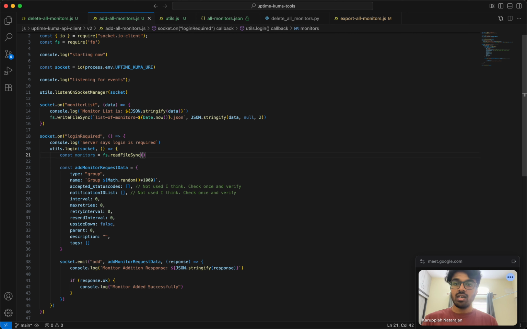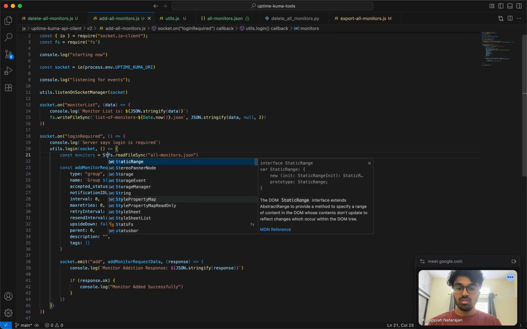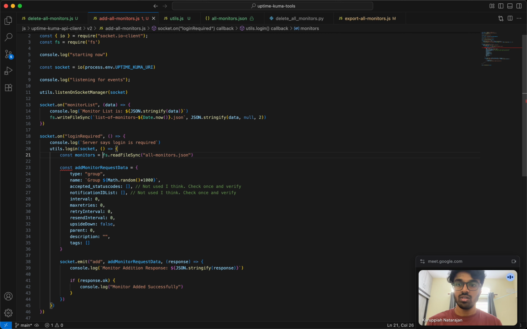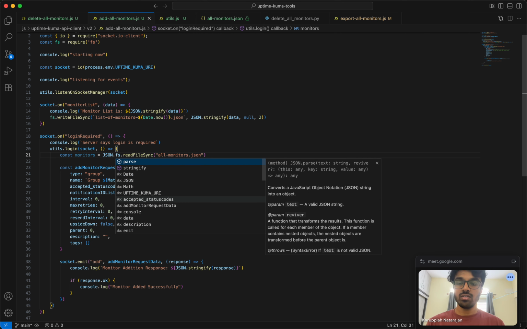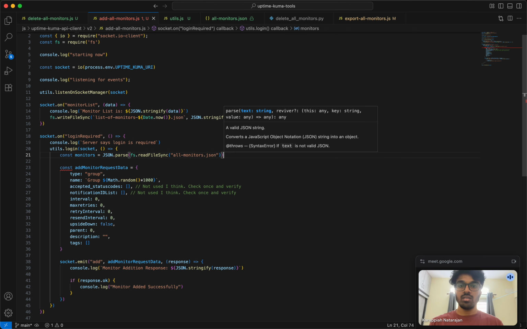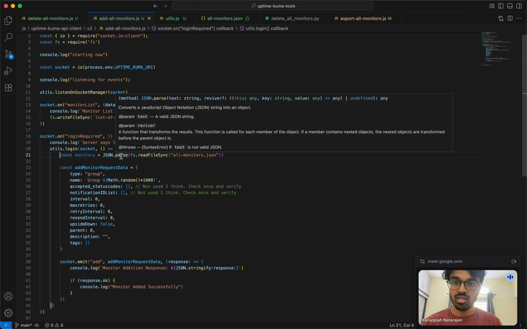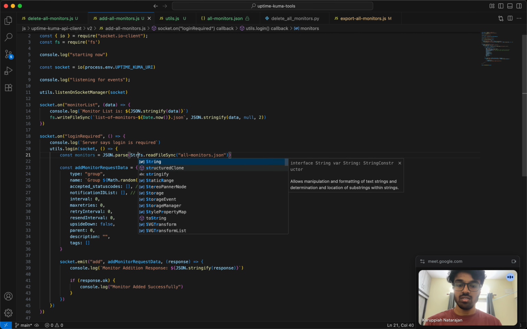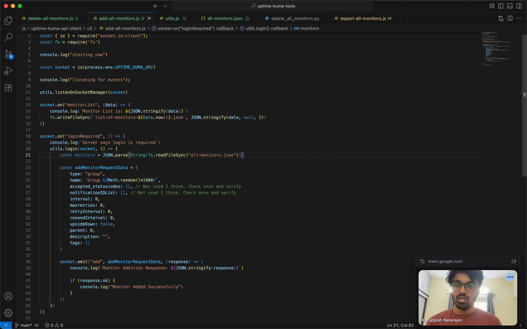Before doing that, I'll say dot slash all monitors, right? Monitors.json, right? So once that is done, I'll just say this will give me actually a buffer, I think. So string, and I'll just do this. Oh no, JSON dot parse, and parse takes only a string. I'm just gonna say a string of this, right? So that is done. Now I'll say